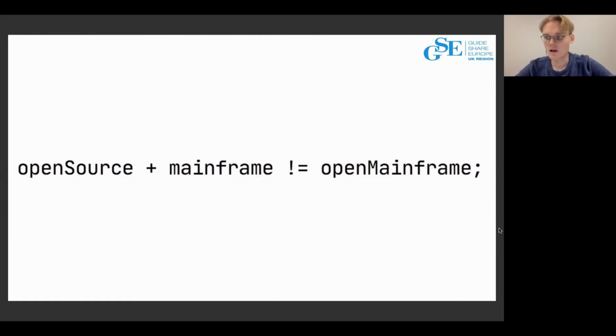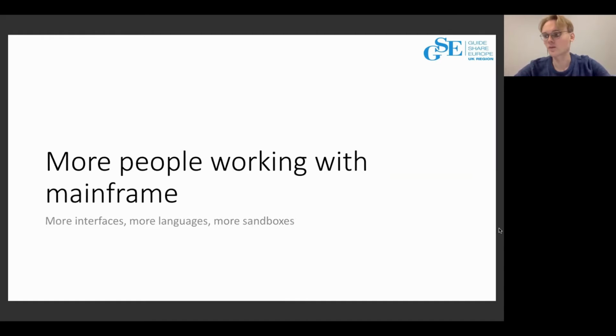So we think that more people will start working with mainframe if we provide new interfaces, new languages, and new mainframe sandboxes to play around with for everyone for free.